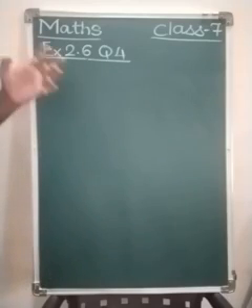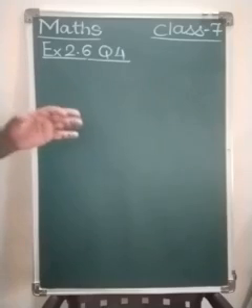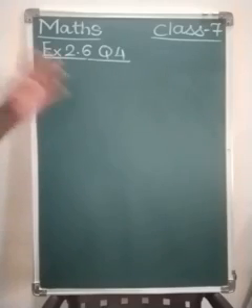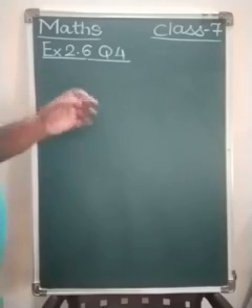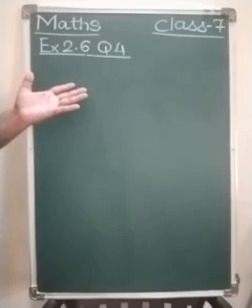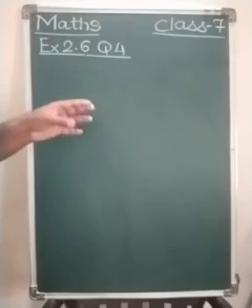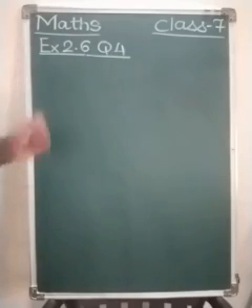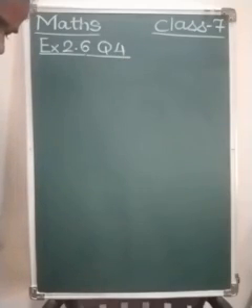Exercise 2.6 is dealing with multiplication of decimal numbers. So again this will be multiplication of decimal numbers. Only the thing is that it is being given in a word form. So what is the question? Let us read. A two-wheeler covers a distance of 55.3 kilometers in 1 liter of petrol. How much distance will it cover in 10 liters of petrol?